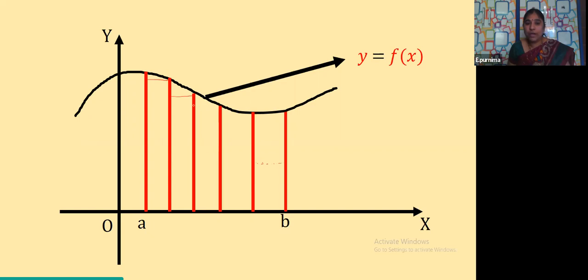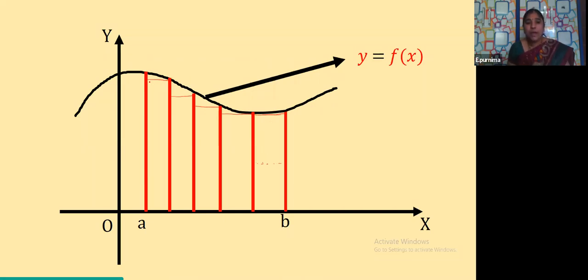And here also, if I join these two, it becomes a rectangle. And here also it becomes a rectangle. So here, almost entirely, the line is touching the curve, and it becomes a rectangle. Clear? So like that, and so on. In between also we have many rectangles. Just try to understand it, children.